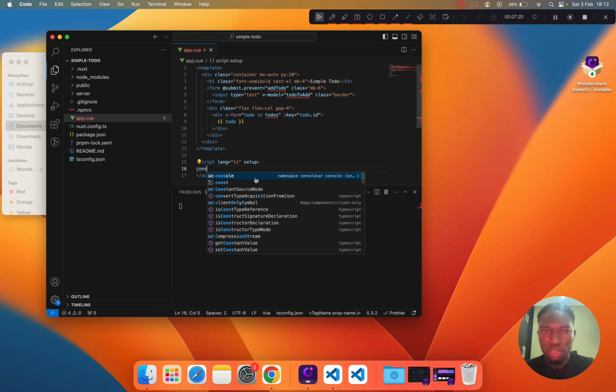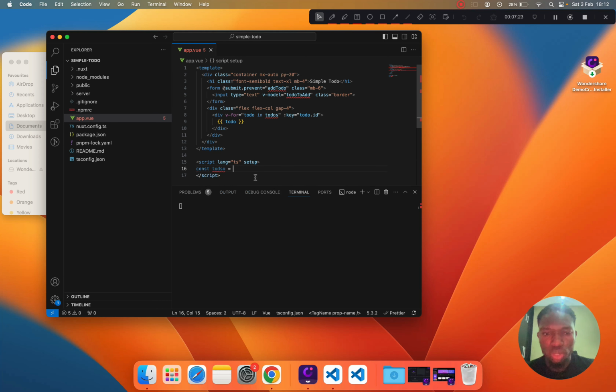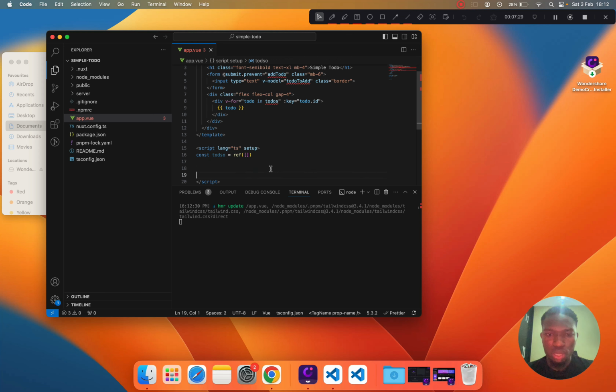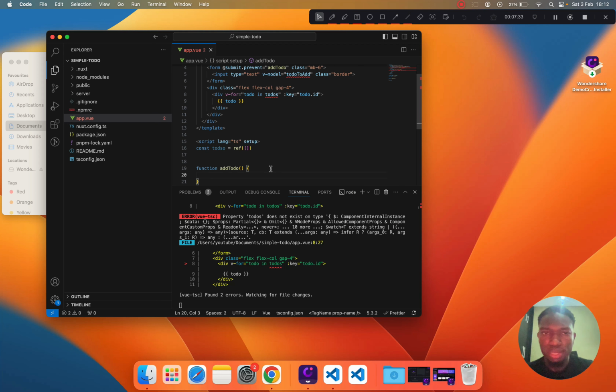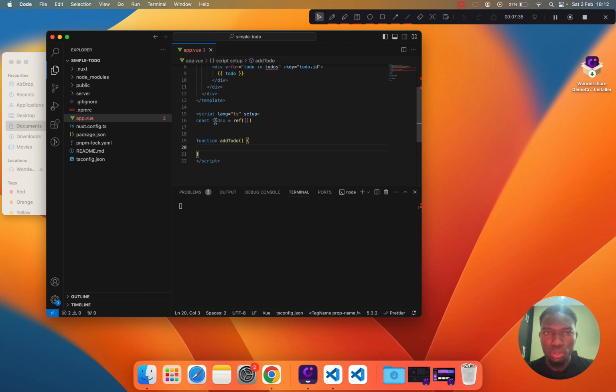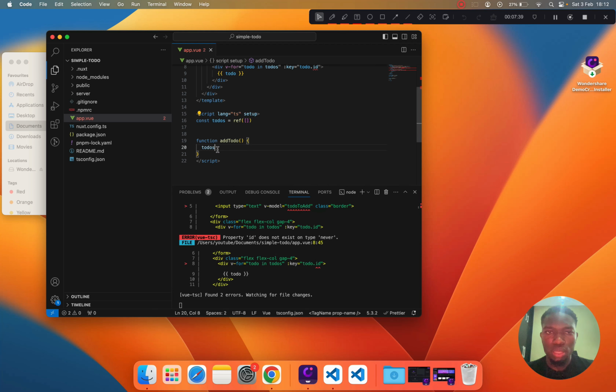Then we want to add some of the models. For example, the to-dos is going to be a ref, a list, right? And then we want to also add the function, so we stop this thing from making noise, right? And then imagine what it's going to do. Let me spell this correctly. It's basically going to inject what it has in the input. So we want to push something, right? So